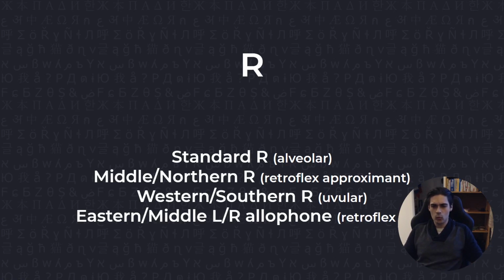Next up, we've got Western / Southern R, which is uvular. It is the same as the one in German or French, this R sound. I should specify though, the sound is always used in the south, and it's kind of 50-50 in the west. You'll hear it mostly in like Kristiansand, Stavanger, and Bergen. There are some western cities that have the standard R, but the R is kind of spreading out and removing